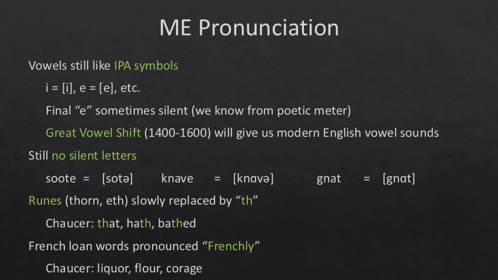Another word about Middle English pronunciation. Different scholars disagree on exactly the extent of this. We can't know for sure, but it's probably likely that these French loanwords pouring in, which you learned to identify in the last lecture, were pronounced, there's no better way to say this, Frenchly. So Chaucer uses the words that look like liquor, flour, and courage. There's a good chance it was more like liqueur, fleur, and courage. We won't worry too much about that. In fact, we're not going to be too specific about a lot of things, including